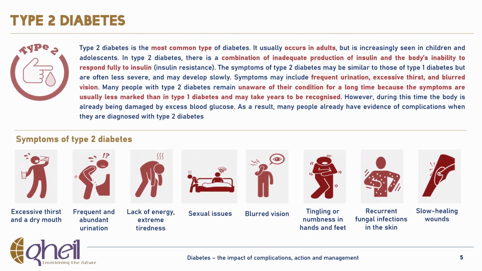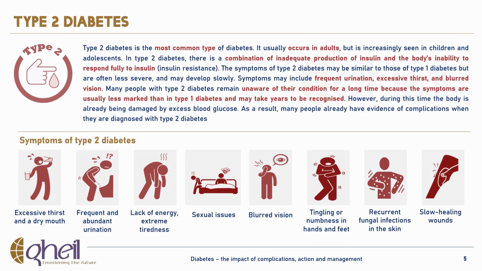The cornerstone of type 2 diabetes management is the promotion of a lifestyle that includes a healthy diet, regular physical activity, smoking cessation, and maintenance of a healthy body weight. As a contribution to improving the management of type 2 diabetes, in 2017 IDF issued the IDF Clinical Practice Recommendations for managing type 2 diabetes in primary care.